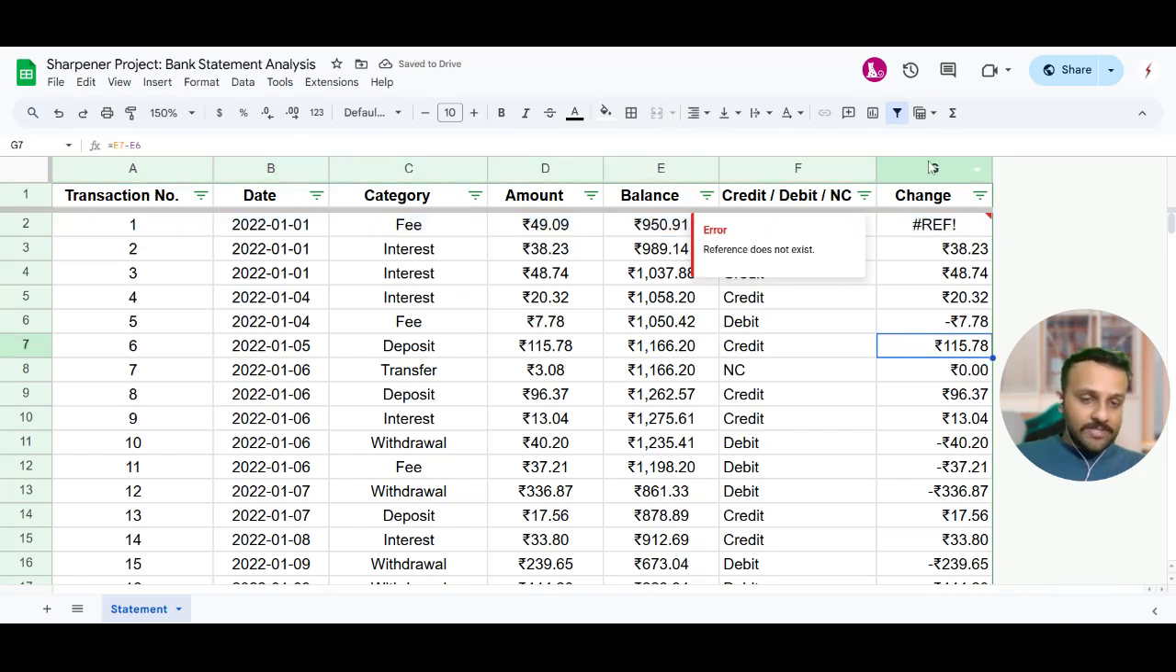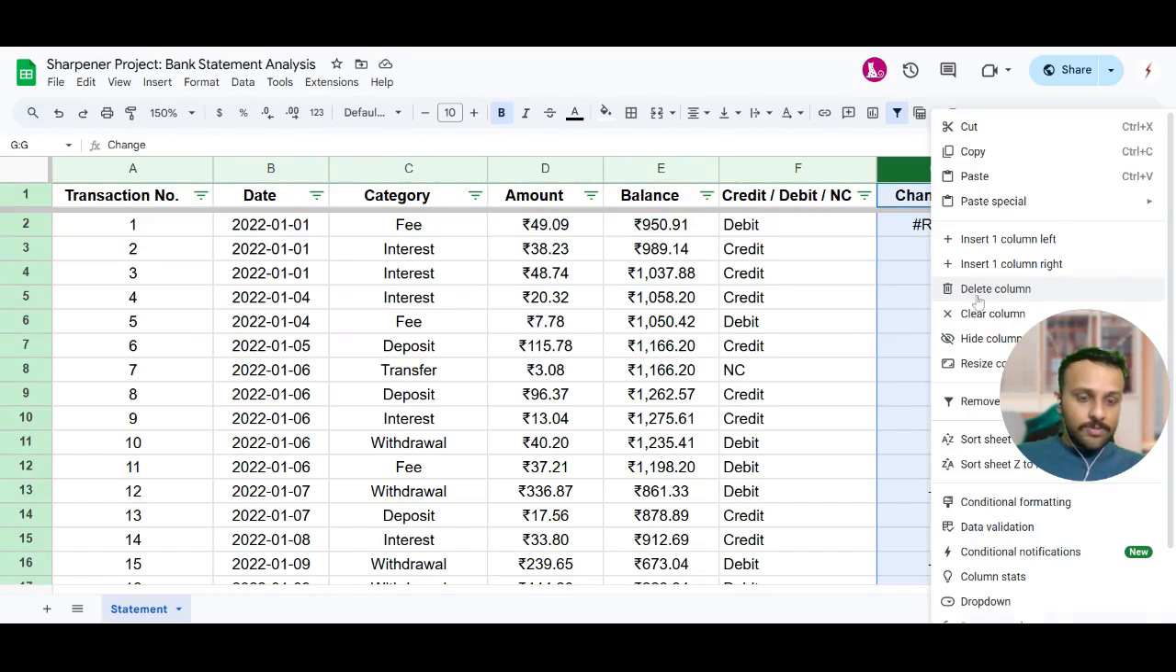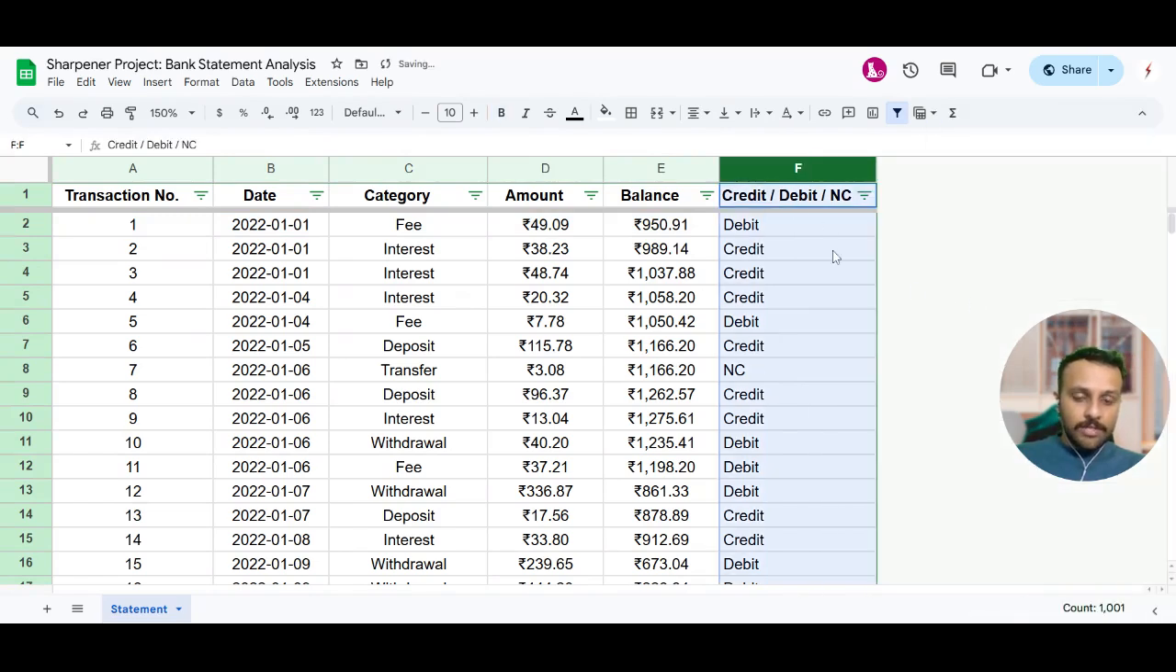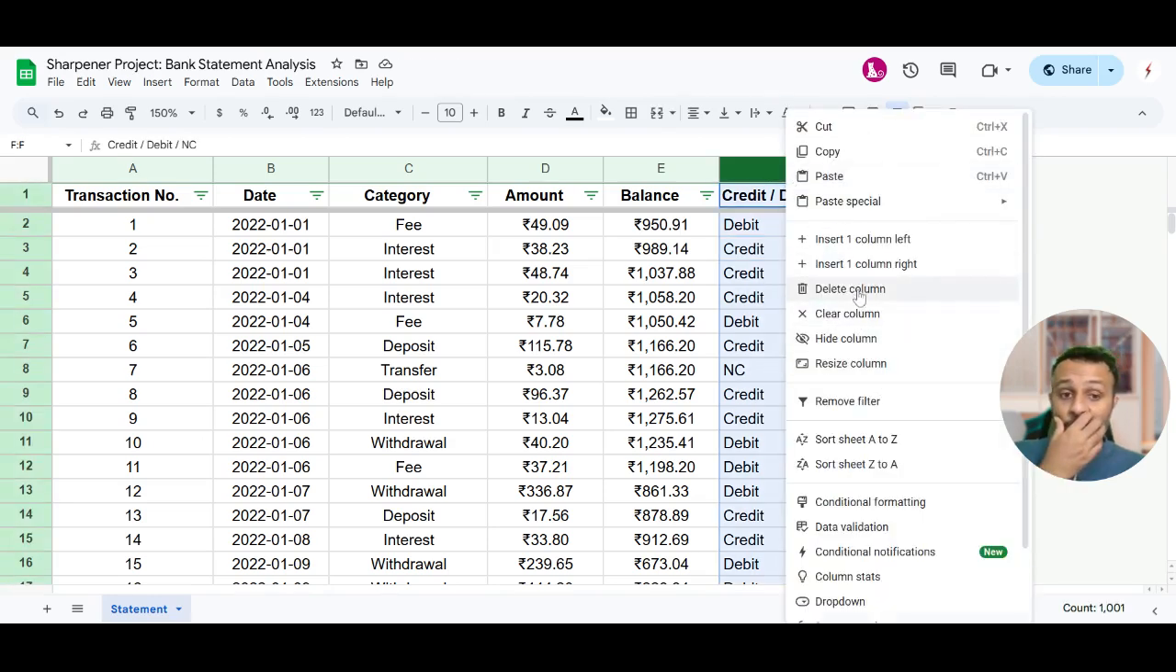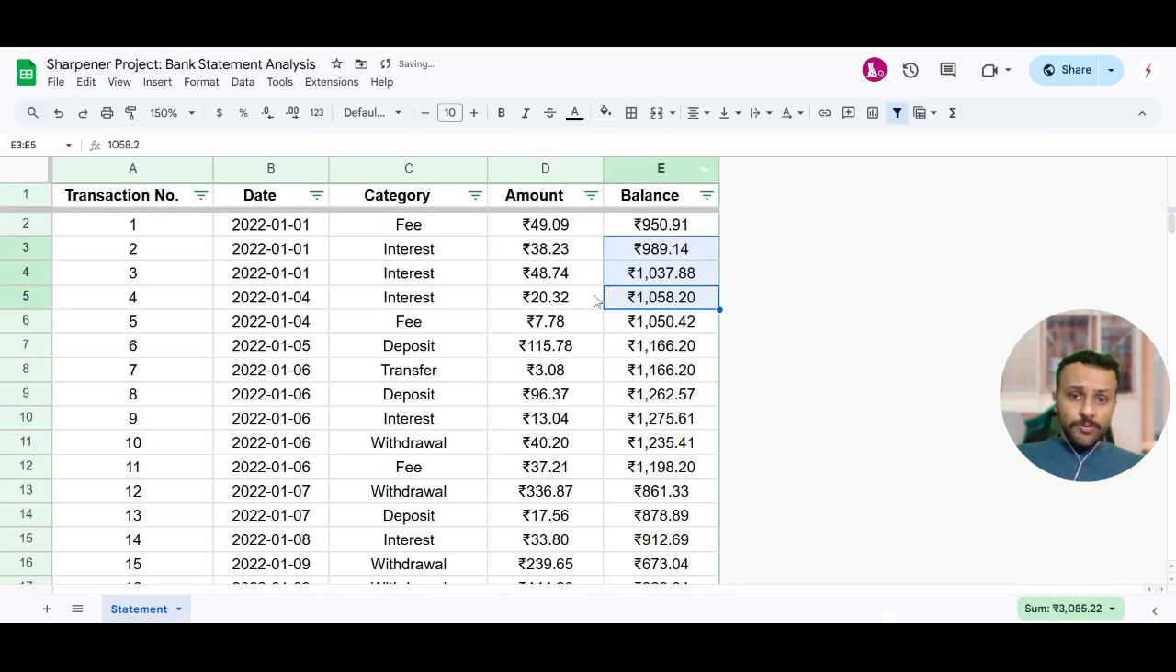And now that we have fixed the error, we can actually change this. We can delete this column because we don't really need it, and we can also delete this column if you want, just to keep things simple. Okay, so this was the initial data set that I had given you, and now we try to analyze